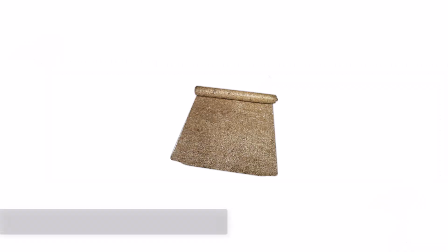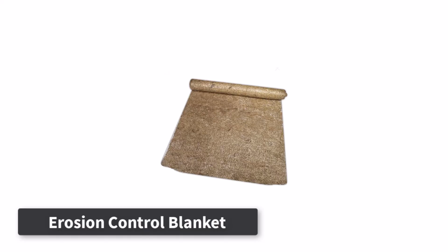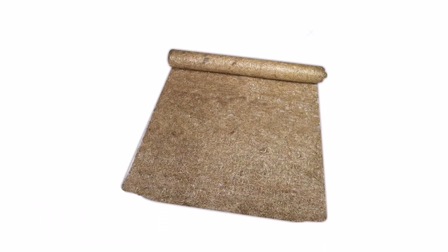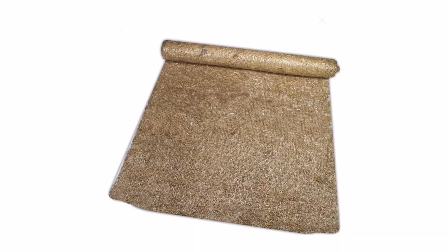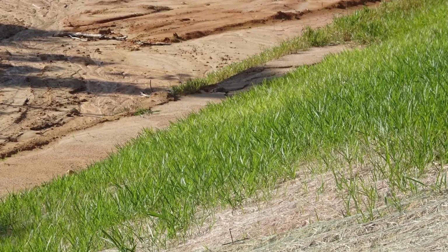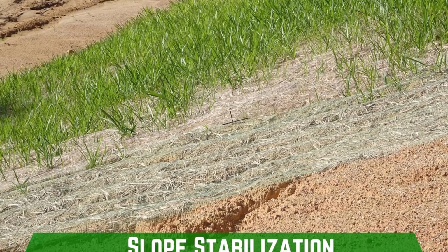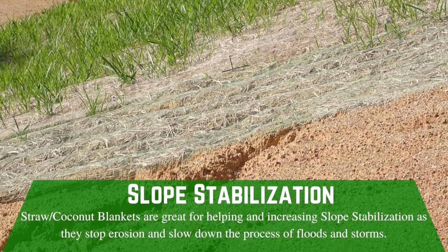Number 5. Erosion Control Blanket. This erosion control blanket combines 70% agricultural wheat straw and 30% organic coconut fiber to deliver dependable temporary erosion control for various outdoor applications. The blend offers a balanced approach, with straw providing quick coverage and coconut fiber adding durability and strength. The product's netting is 100% biodegradable, constructed from a photodegradable brown polynet that safely decomposes after 90 days,